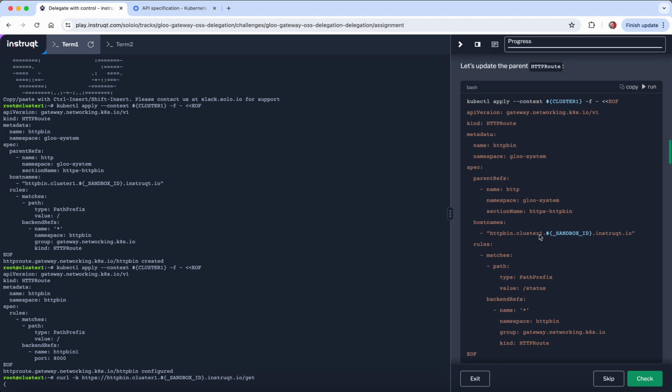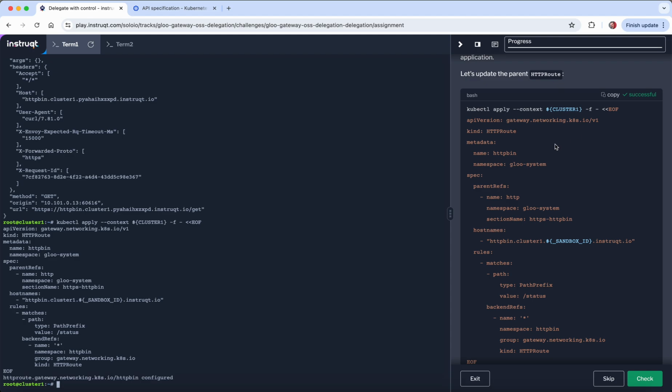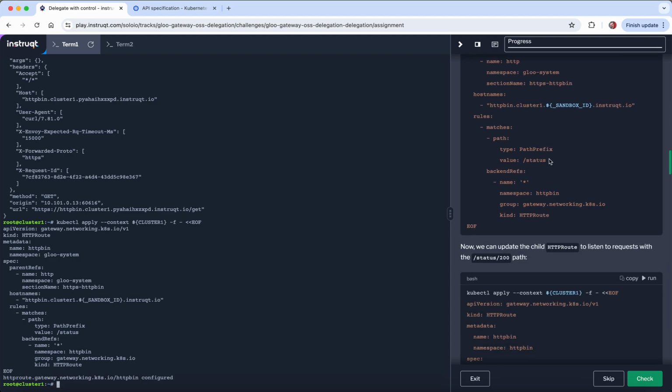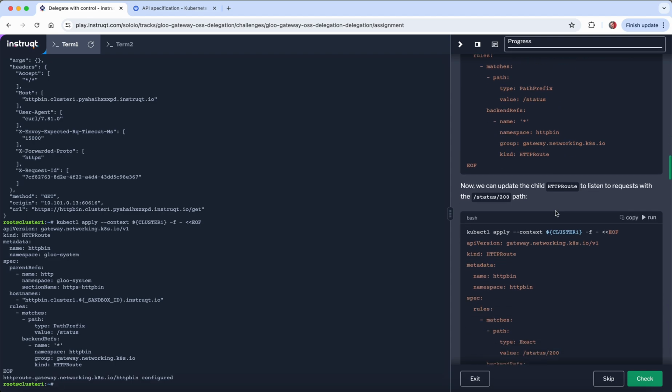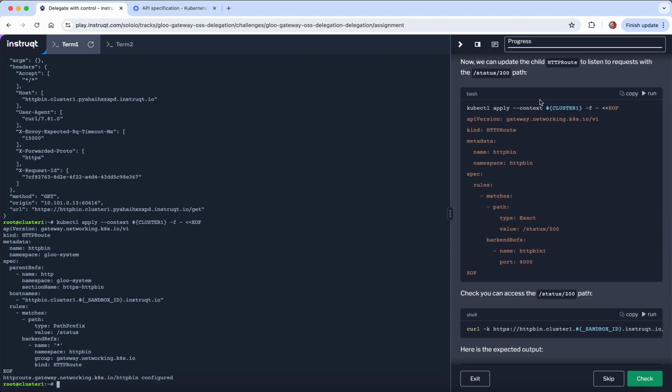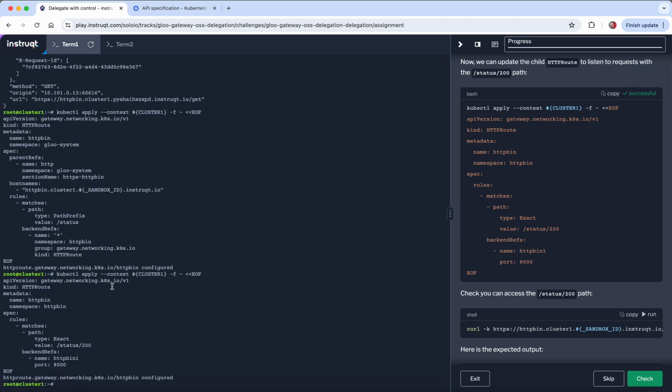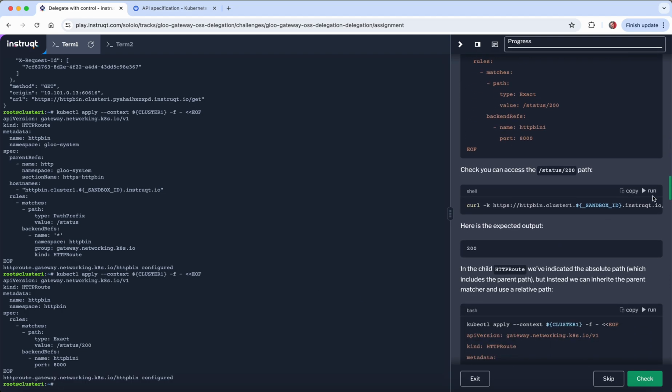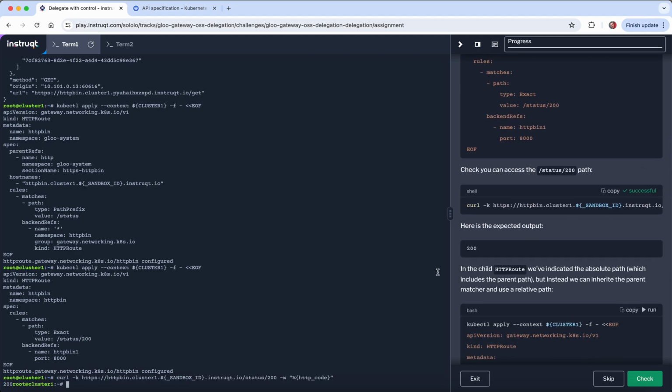So here we can update the parent HTTP route to have this path prefix equal /status, and the team in charge of the application may be creating some fine-grained rules, and here they can start with having an exact matcher for /status/200. And in that case, I can now access this